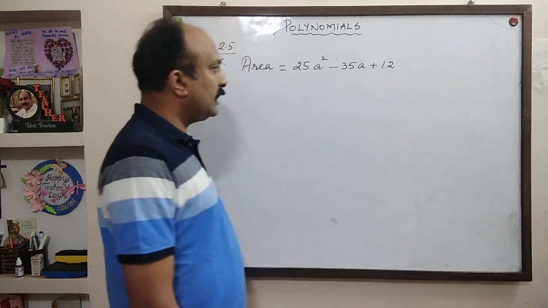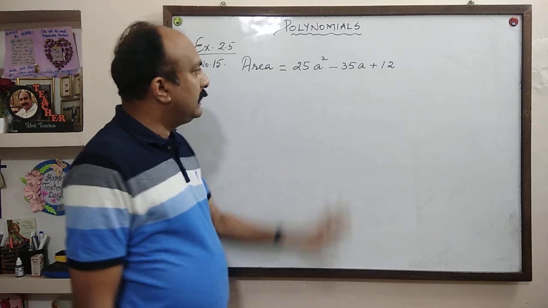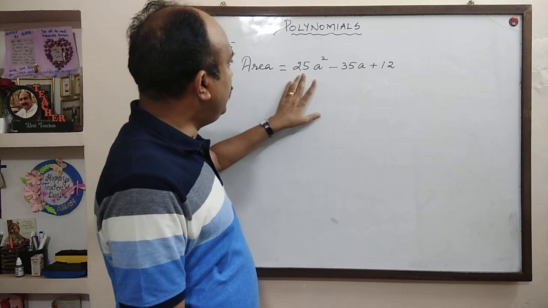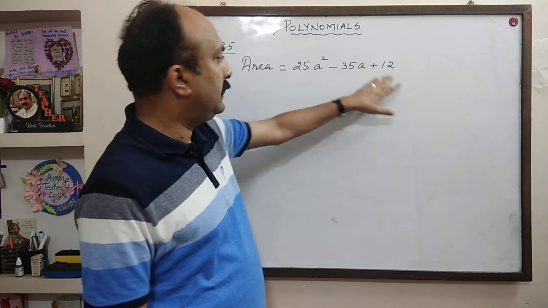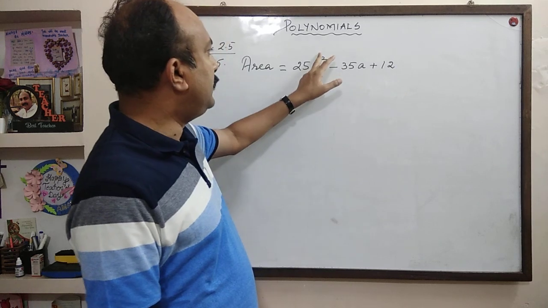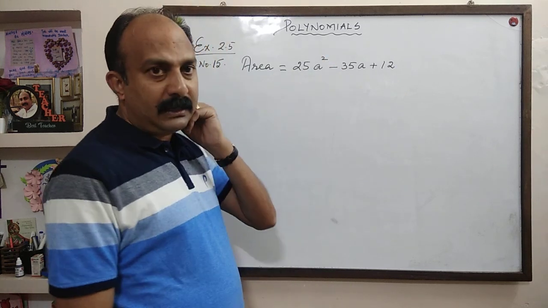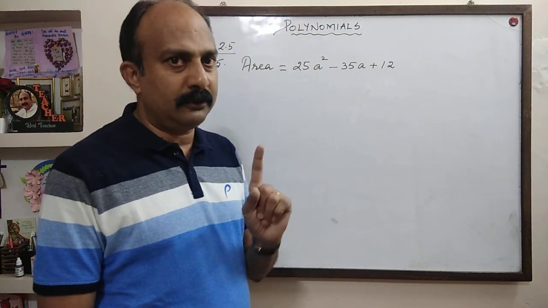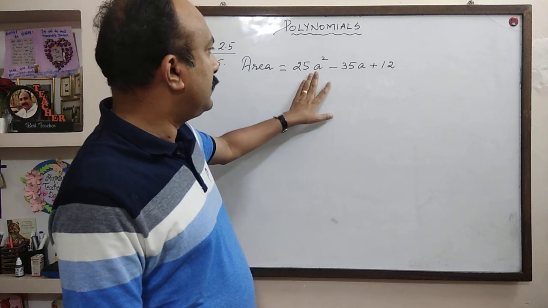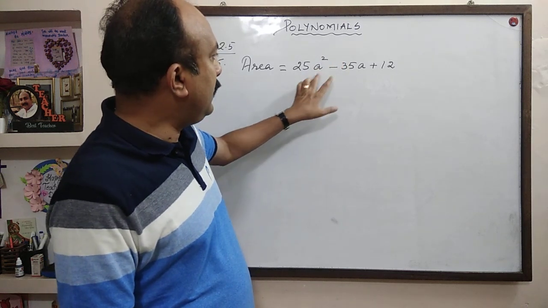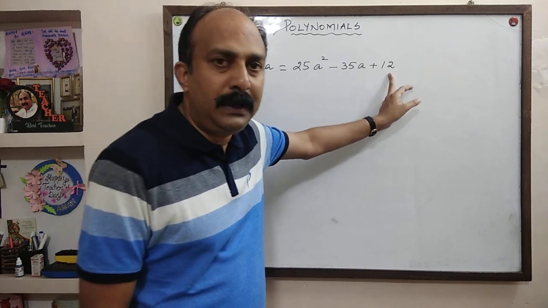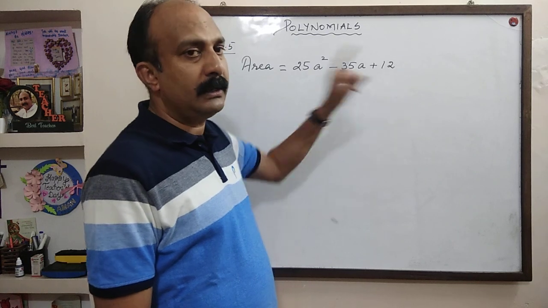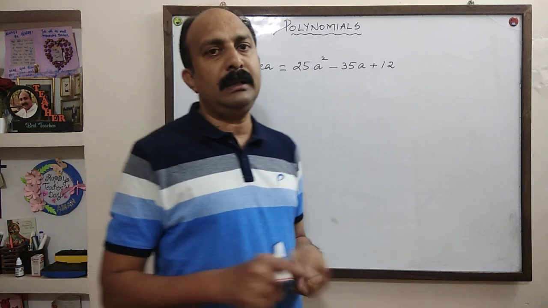Now, do you know how can we factorize it? It can be factorized by the splitting the middle term method. For splitting the middle term method, because it is a 3-term polynomial with degree 2, first of all we can check whether it is in the form of (a plus b) the whole square or (a minus b) the whole square. That is also one possibility. But we know that it is not so. If it is (a minus b) the whole square, then the last term would have been something square. But it is not something square. So the second chance is splitting the middle term.